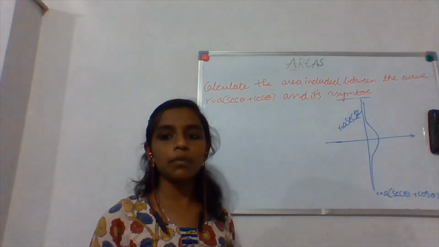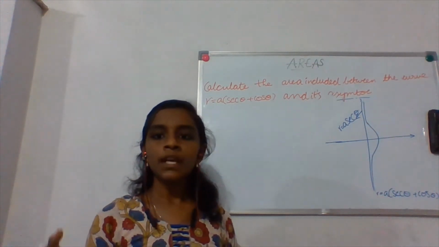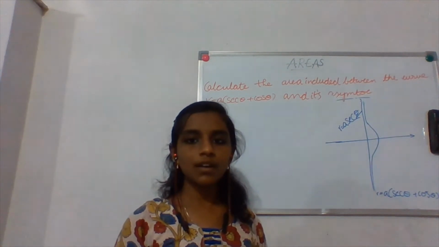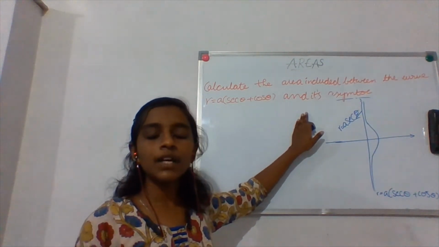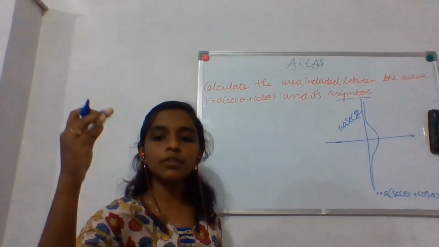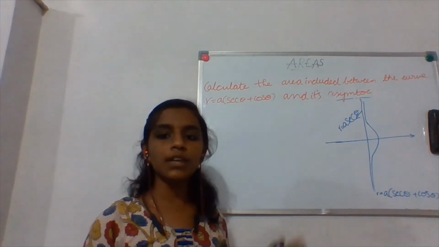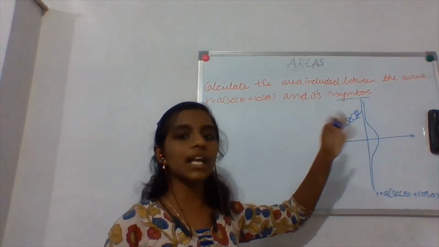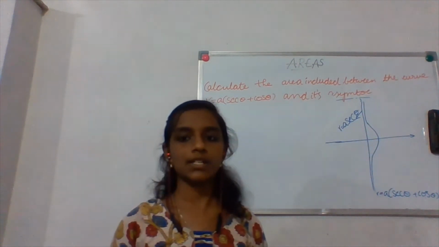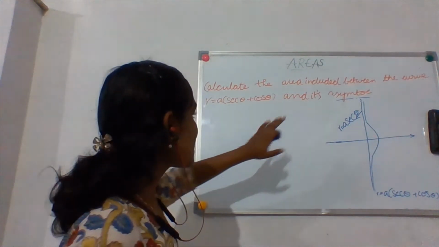It is a very big process. If you want, you can check some other geometry books. But in the problem that you are doing right now, there is no need of solving how to find the asymptote of this curve. You can simply write that the asymptote of this given curve is r equals a secant theta. Remember it.